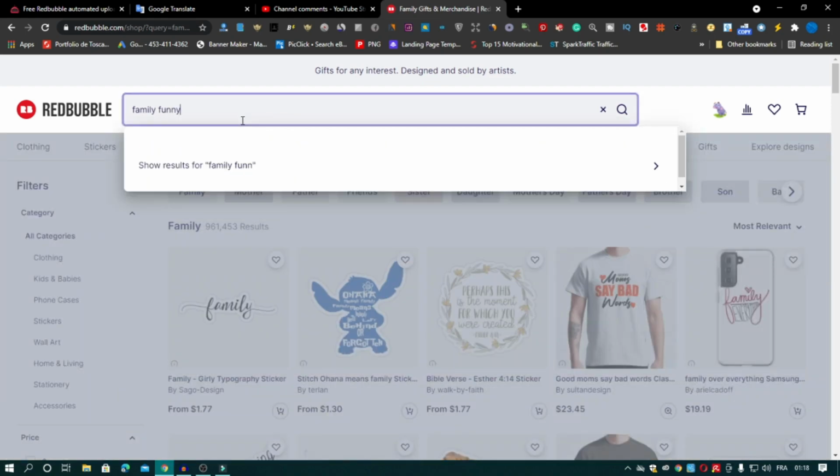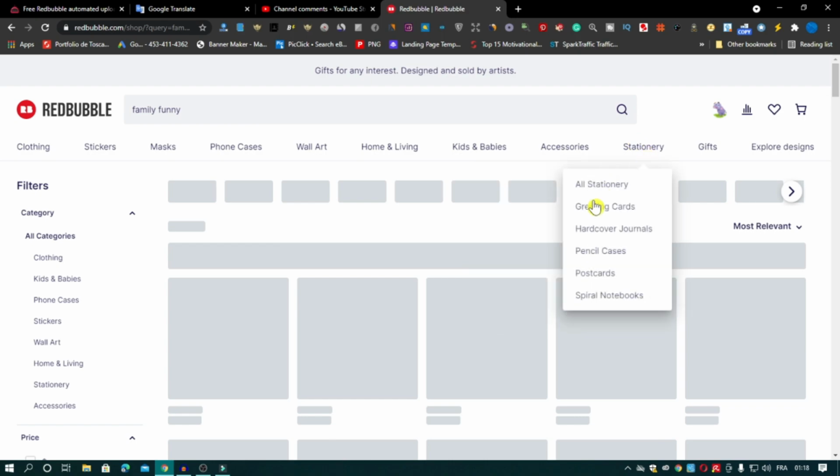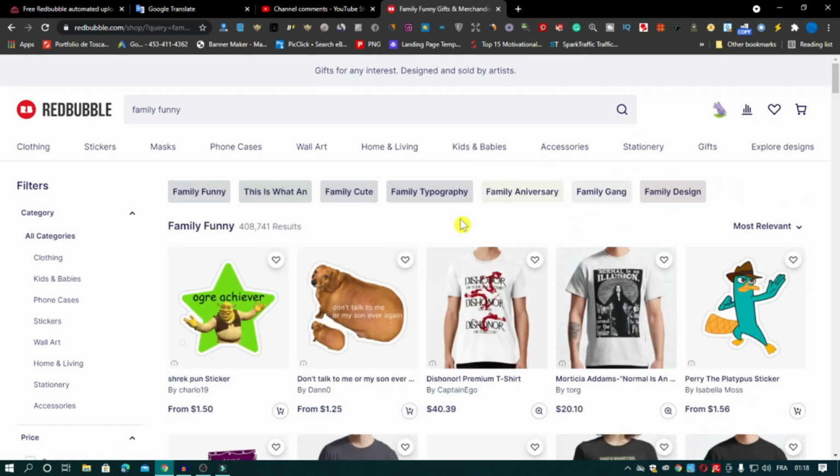But if we add a keyword beside this niche like funny, guys, I'm showing you here my own strategy to reduce any niche I want. So we add the keyword funny. And why do we choose funny? Because funny is a popular keyword everyone uses, especially when people search for clothes. Now this niche is down from 900,000 to 400,000, and that's good because we added only one keyword, but